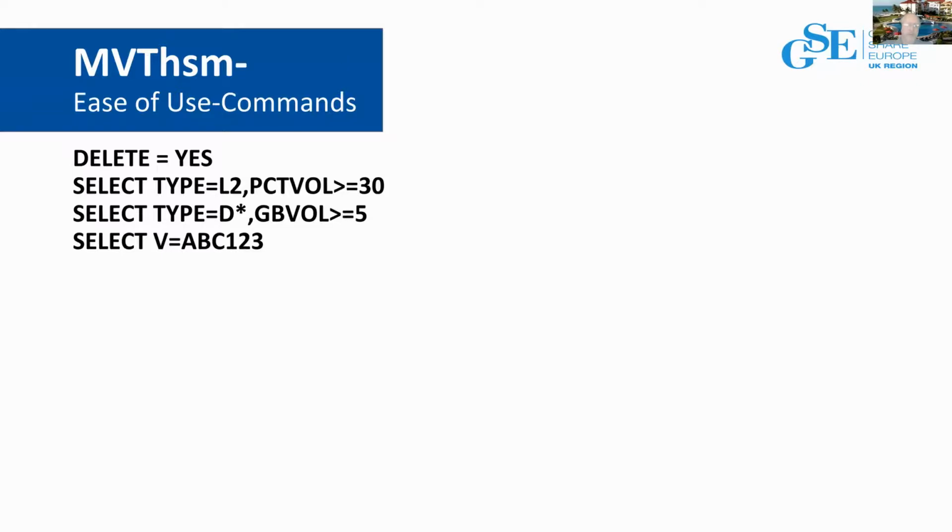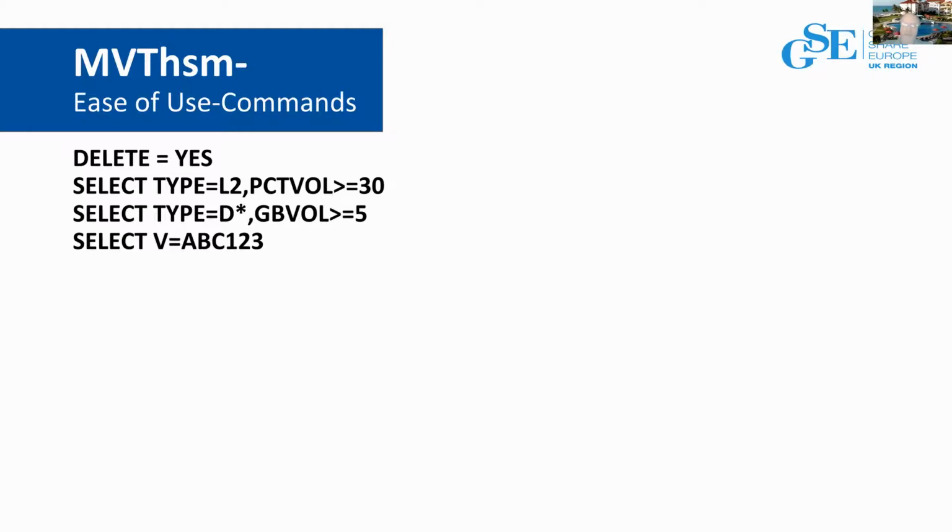The next select shows an example where you only want vol sers with the first letter of D in the vol ser to be included in this process. And then only if the amount of storage that is invalid on that vol ser is greater than 5 gig. So you can go after your heavy hitters like that. You can say, hey, if I'm going to return at least 15, 20 gig each time I run this, those are the ones that I want to hit first. Or you can just say, I only want to do this for one volume, and that volume is, and you can specify it.